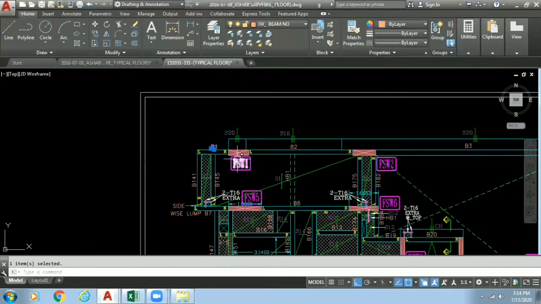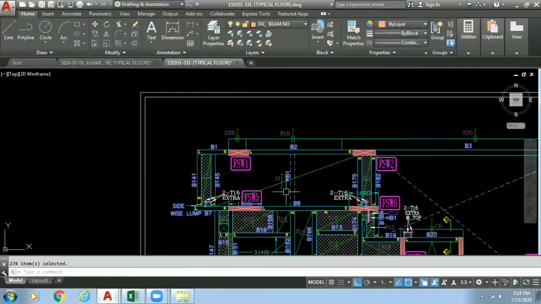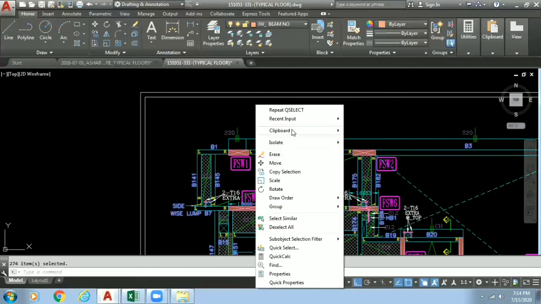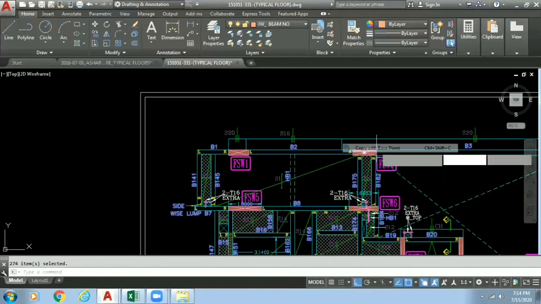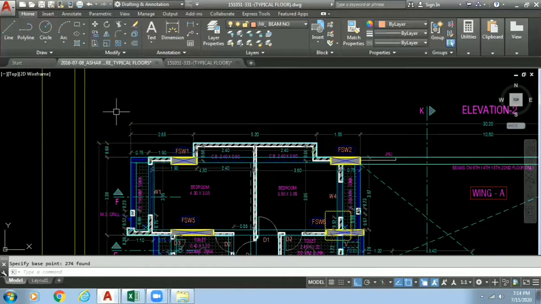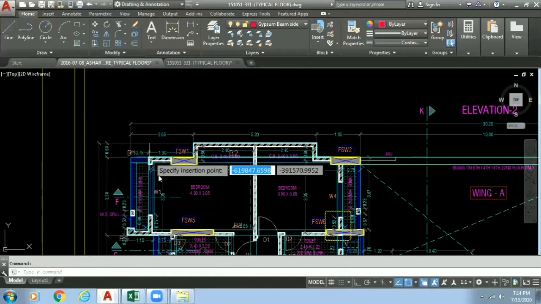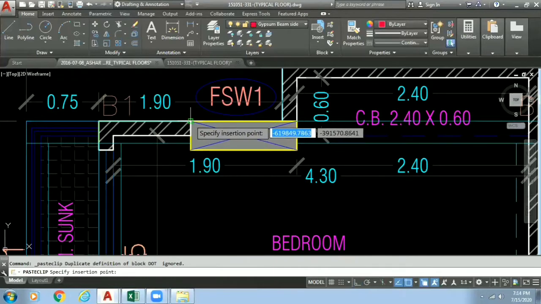Once again, quick select, choose text from here, go to layer, JW beam number, OK. So again it has been copied. Now again do a right click, clipboard, copy with base point, select a base point and just place this again on the same base point.